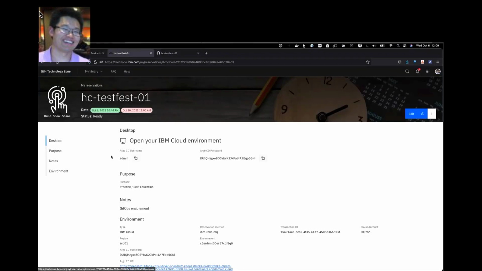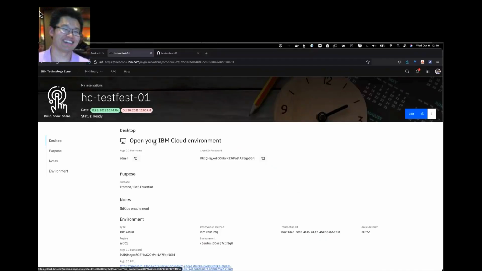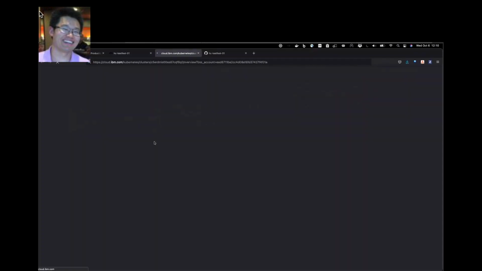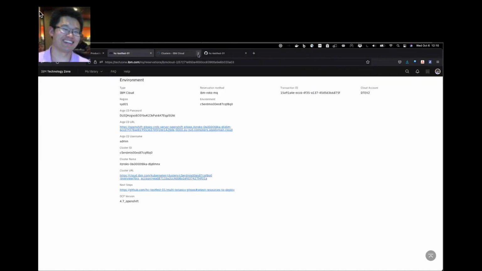So what I'm going to do is go through what the bootstrapping environment configurations are, what is actually in your environment, what you get from this Hexone cluster. So I'm going to go ahead and open up the IBM Cloud account. What happens is, give me 1 second, maybe I have to accept an invite to the